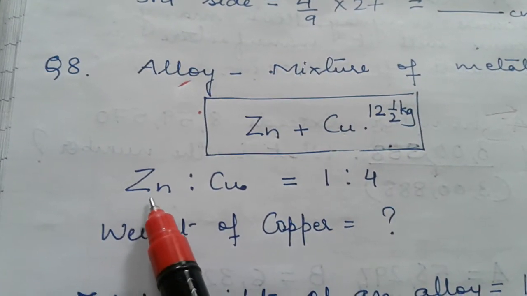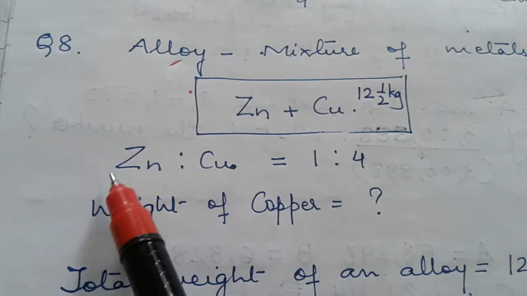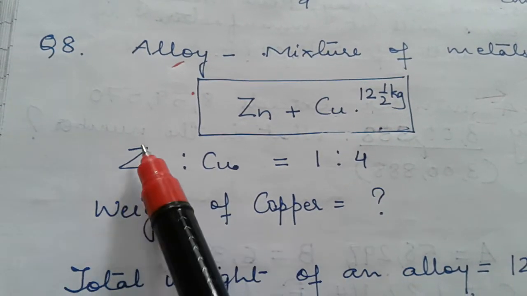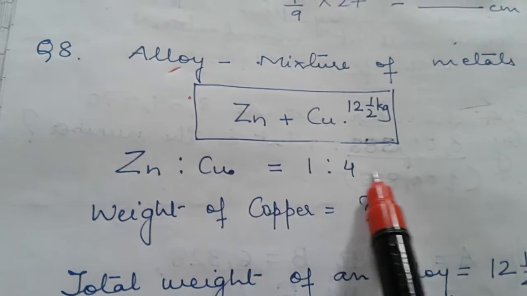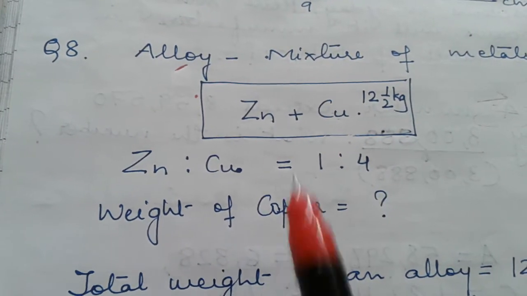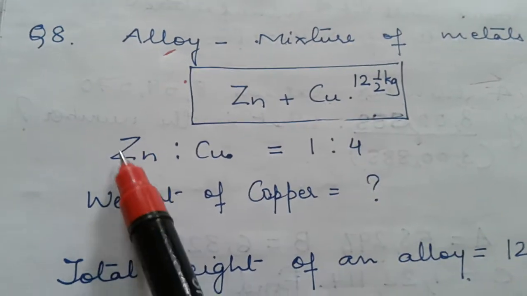Then what is the ratio given? Zinc is to copper is 1:4. So what does zinc is to copper mean? It means zinc's amount will be this much and copper's amount will be this much. Whose amount is more here? Copper's amount is more. Copper is more in this alloy and zinc is